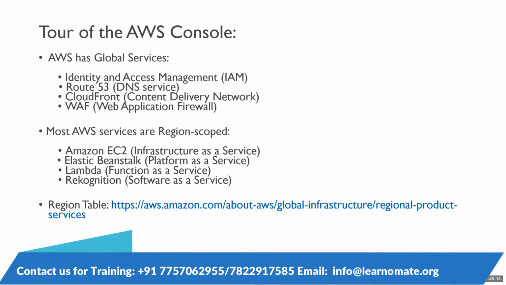Okay, I would like to give an AWS tour, but I'm not sure whether I can do that. Let me try. I just want to give you a tour of how the AWS console looks like. Wait, if I can do that, let me know. So how the console looks like, what are the different services, what are the service types we have, and how the regions look like, what are the global services. When you access a global service, how the console looks like, how you identify whether it is a global service or a regional service, something like that.